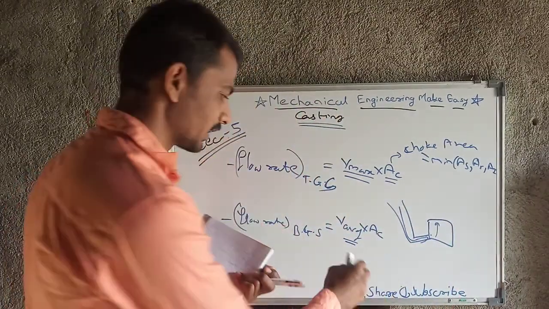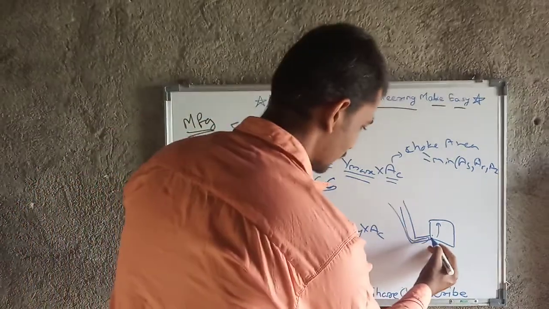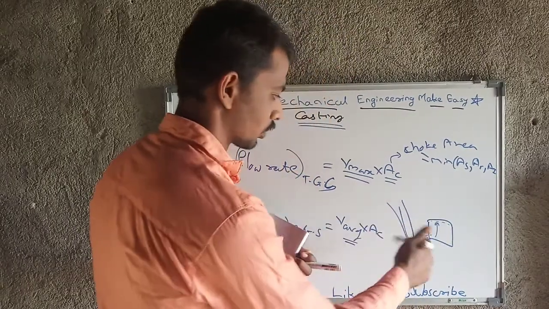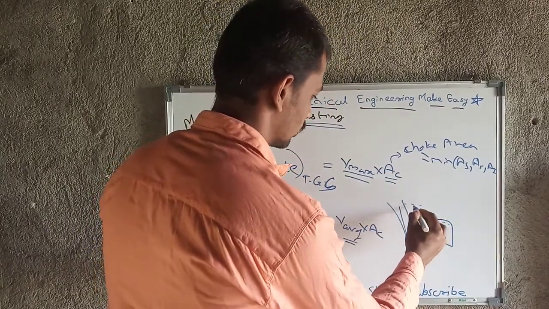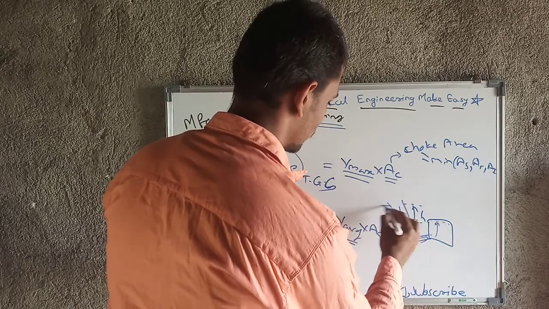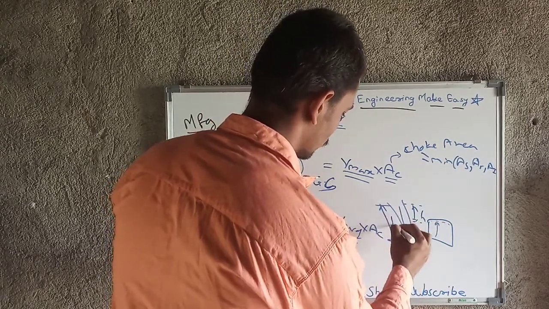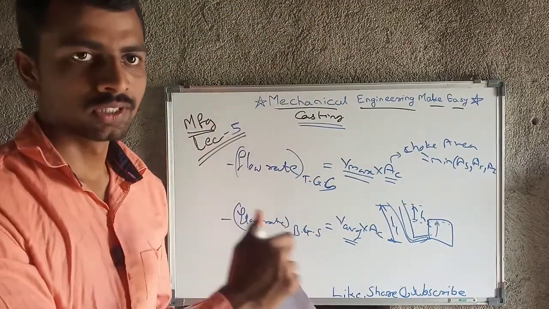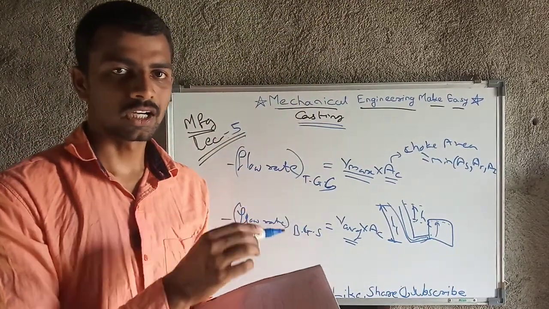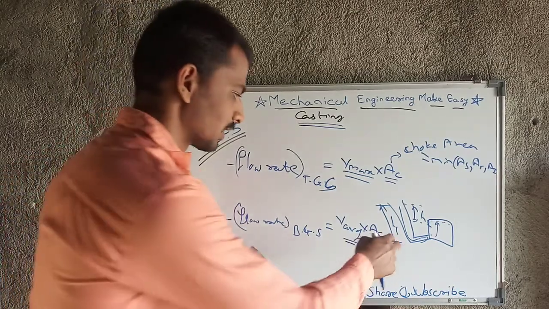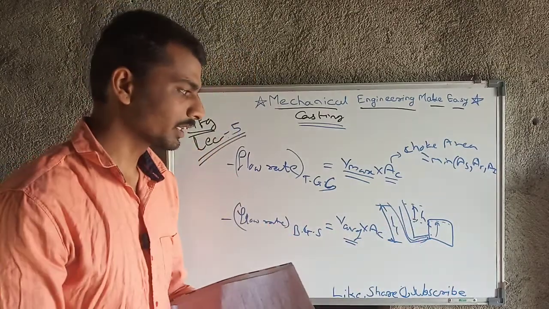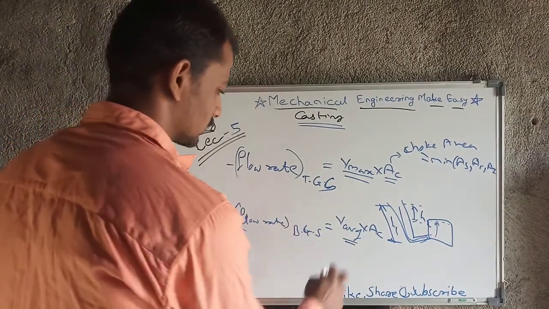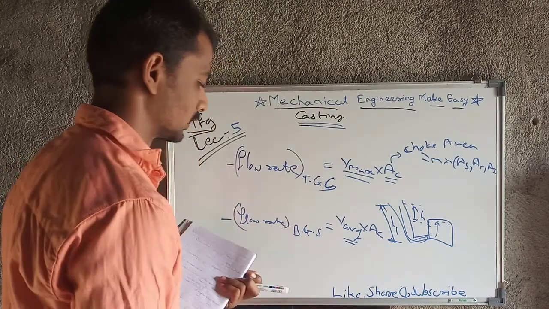That's why we are taking average velocity, because at the start the velocity will be higher, and at the end the velocity will be lesser, as the height will decrease. This is the height at the end and this is the height at the start, this is h1, this is h2. So h1 is greater than h2, and the velocity formula is under root of 2g ht, and that ht contains these terms also. So that's why height matters. Because of that, in case of bottom gating system, we take the average velocity.